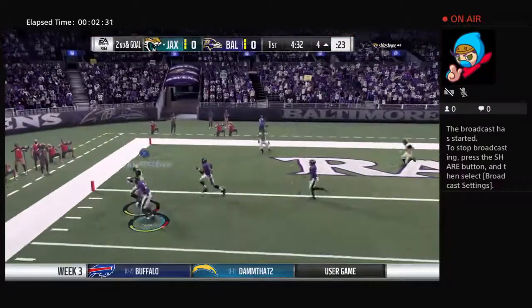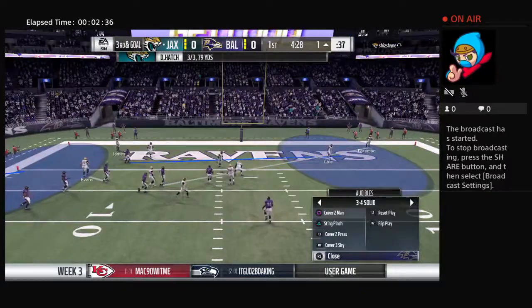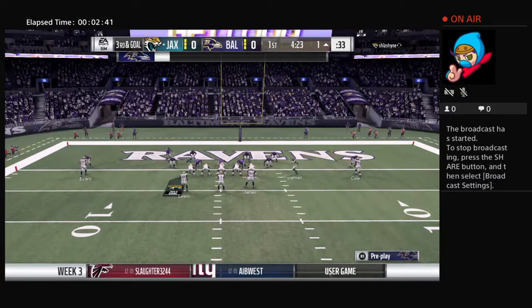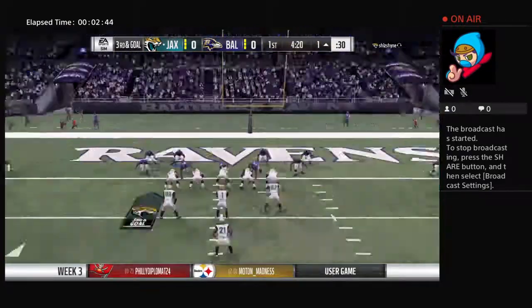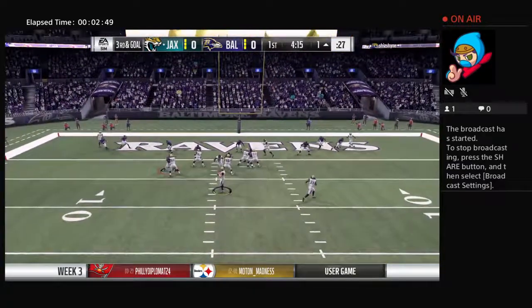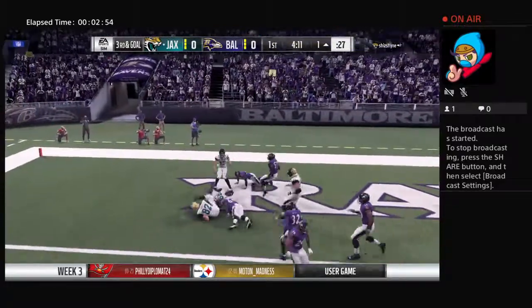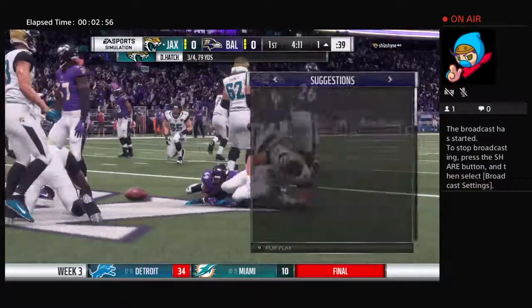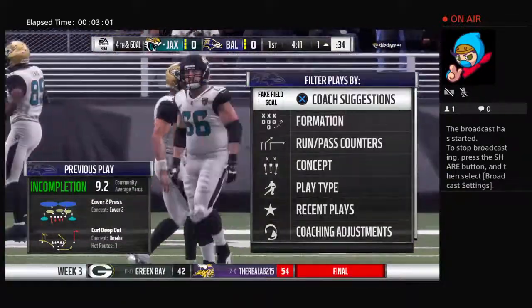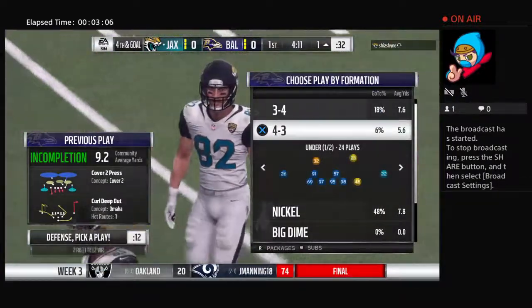To throw. And he's got it. And he'll be brought down right on the edge of the goal line at about the 1-yard line. A touchdown saving tackle there. Now it's 3rd and goal. Now back to throw. Oh, it's a touchdown if he holds on. Instead, it's 4th down. This defense is not going to make it easy for you. They're a physical group, and we just saw it there on that play. It came in, made the contact, just as he's trying to haul it